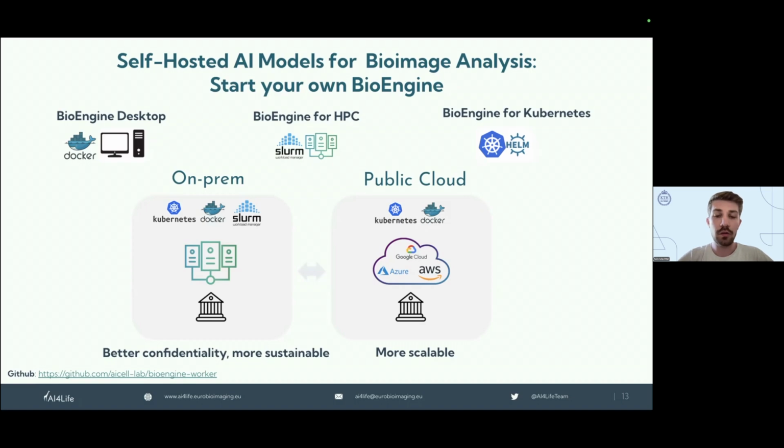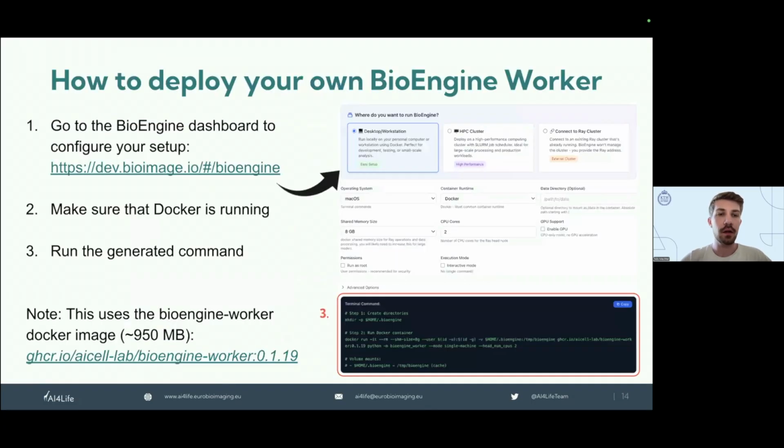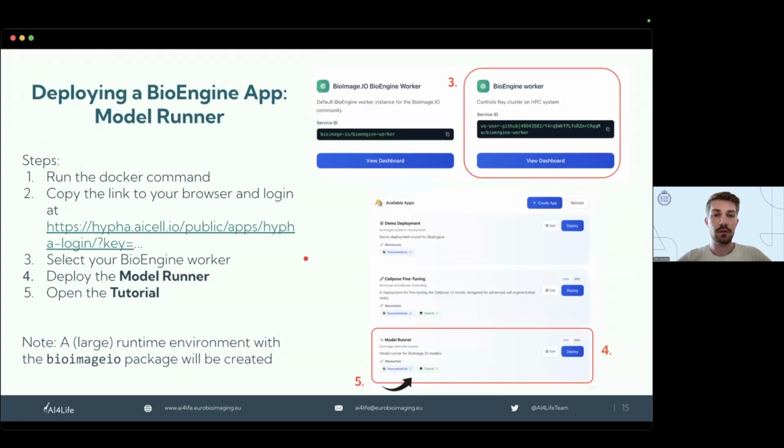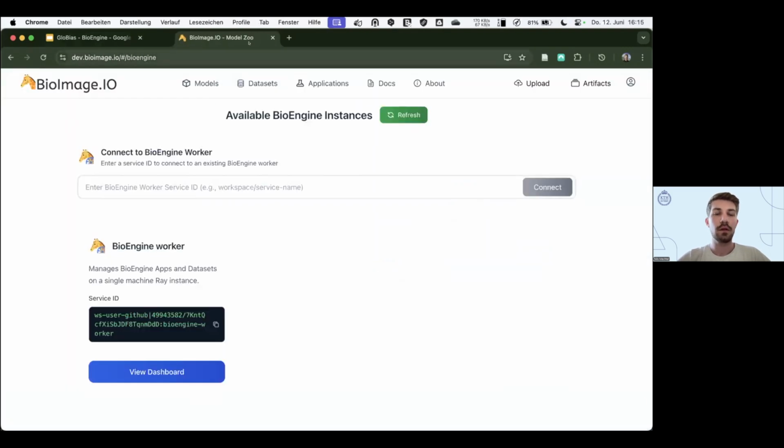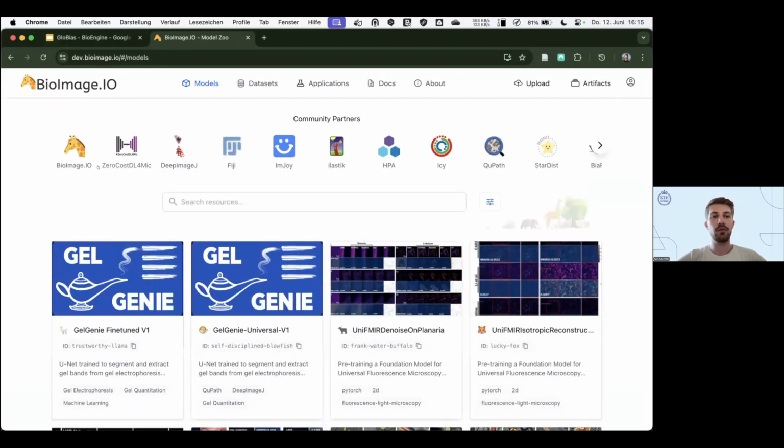So now I want to give you a demo of how you can deploy and start a Bioengine yourself. And to do so, you need to go to this website, dev.bioimage.io. This is the new Bioimage.io website. This will be launched soon, so then it will be available on the Bioimage.io as you know it. Let me just stop here and move this in. So if you go to the website, you'll land here,